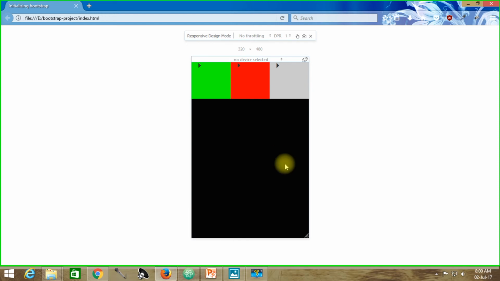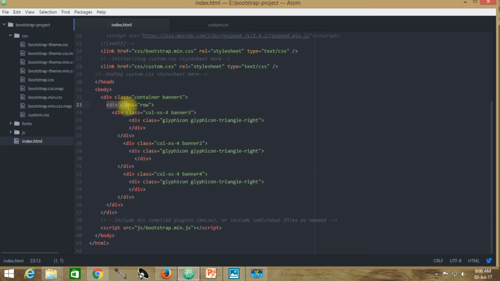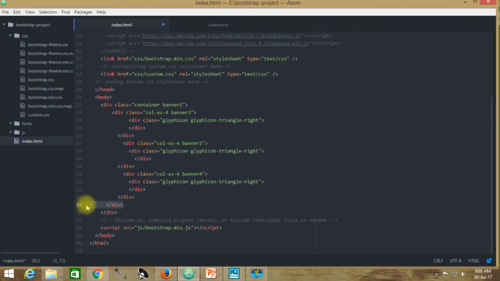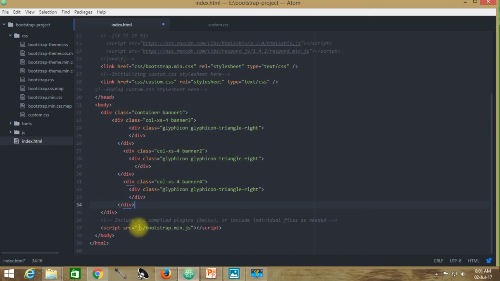First of all, deactivate the mobile responsiveness view and come back to your normal phase. Let's now remove this div class row. For the time being we are not using rows over here. All we are doing here is just calling in the container class, and then we are calling in these columns inside this container. So what will be the appearance? Press Ctrl S, get back to your project and reload, and now you can see that there is a gap from both the ends. Here you may see it over here.